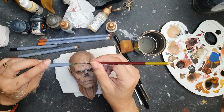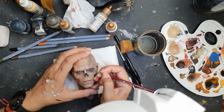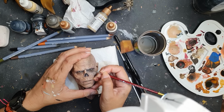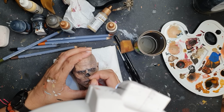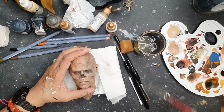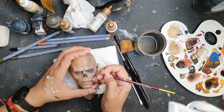At this point, you just play with colors however you want them to look. When they have hazel eyes, the green part tends to be more towards the center. So I'm applying this green more towards the center. Now, because I've lost my highlight,